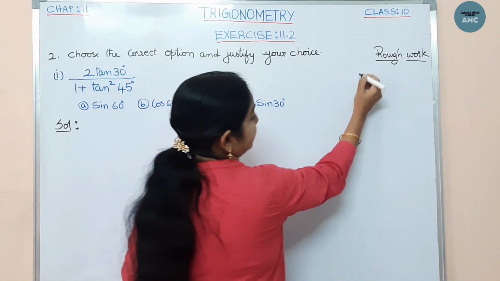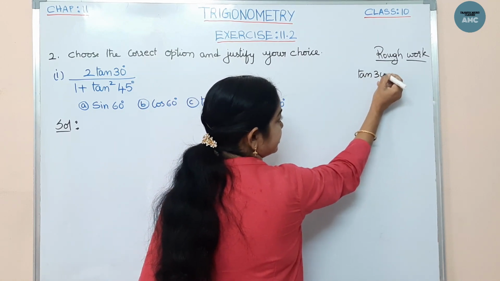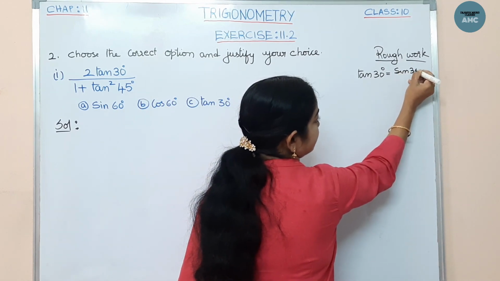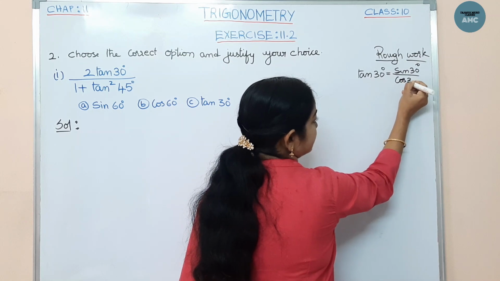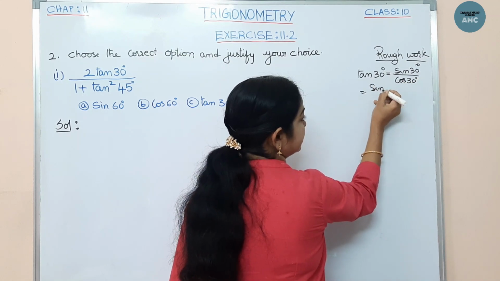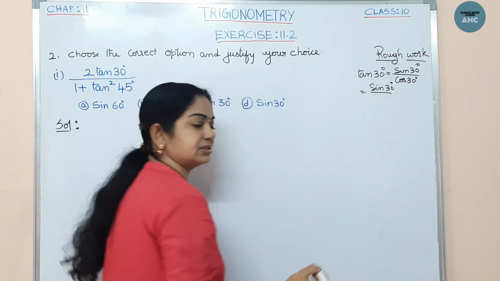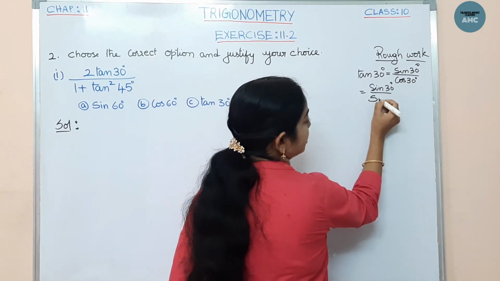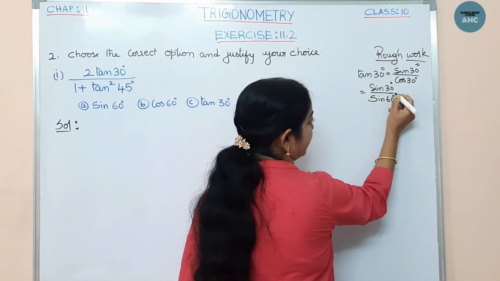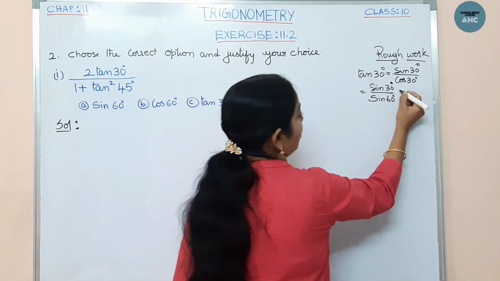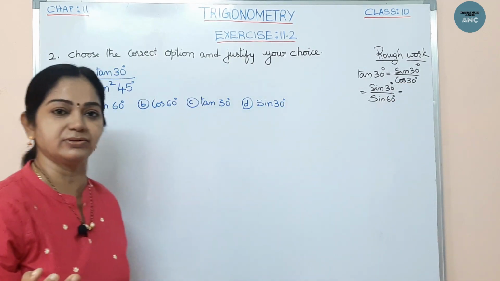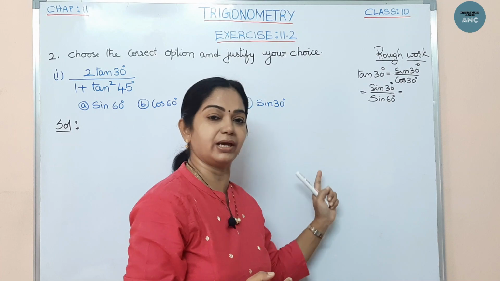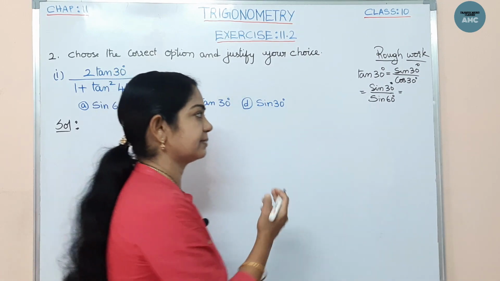Now tan 30 degrees. I can write tan 30 degrees as, since tan is a ratio of sine and cos, isn't it? So sine 30 degrees by cos 30 degrees. Right. Now sine 30 degrees by the cos function, you can change it into the sine function, isn't it? That it's complementary. So it is sine 60. Cos and sine are complementary functions, right? So now we know only the sine values. So bringing all into sine values is one method, or else if you have time you can also write in the rough part the complete table and substitute the values.